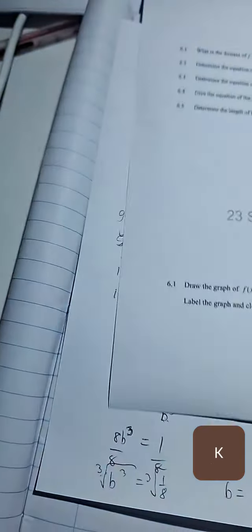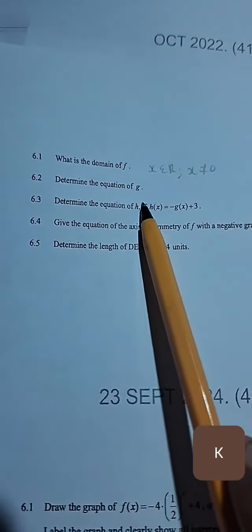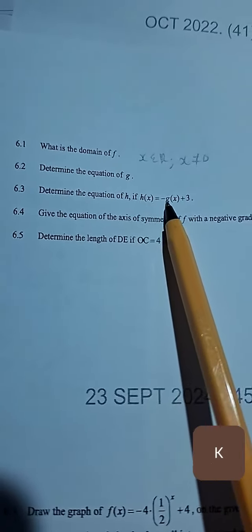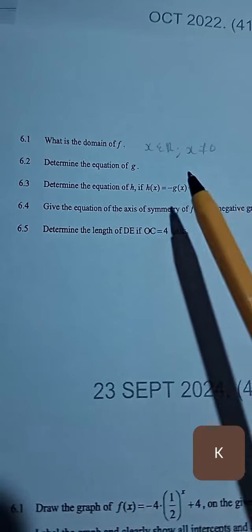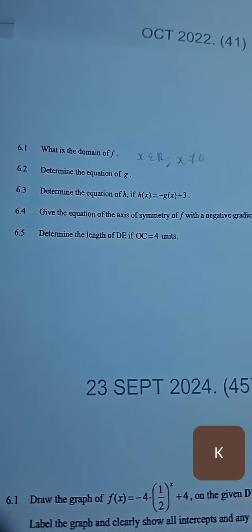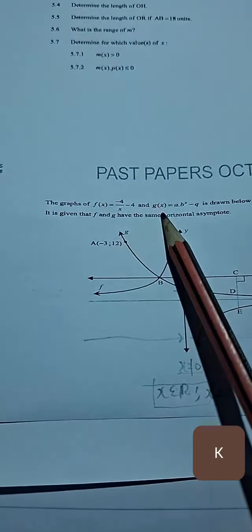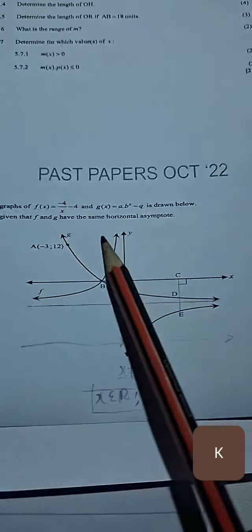Oh, okay. All right. Then there's the next question here. It says determine the equation of h if h of x is equal to -g(x) plus 3. Well, this is a slightly different question because they are asking us to determine the equation of a function that we currently don't have at all. If you look at the question, even from the beginning, the statement, we only know f and we know g, but h has not even been mentioned before. But something we should note in the statement itself is that it says